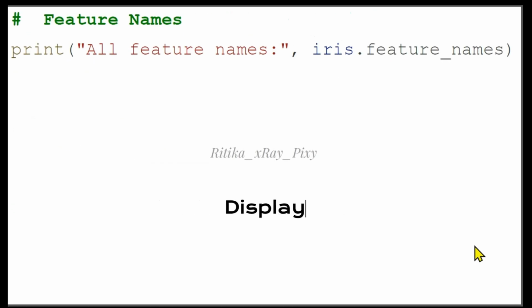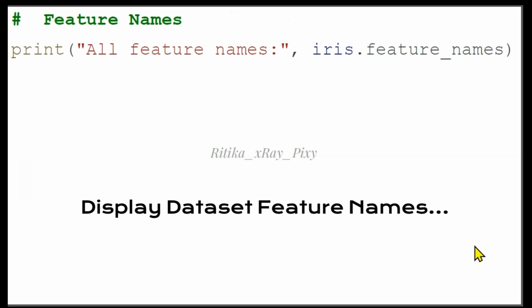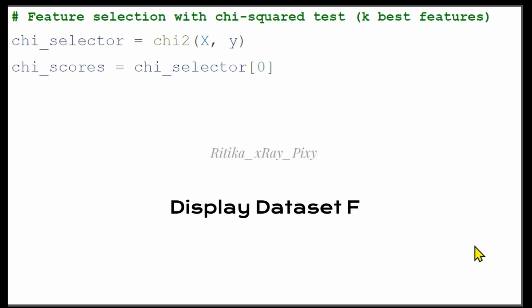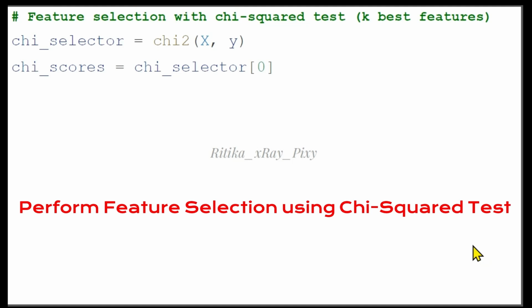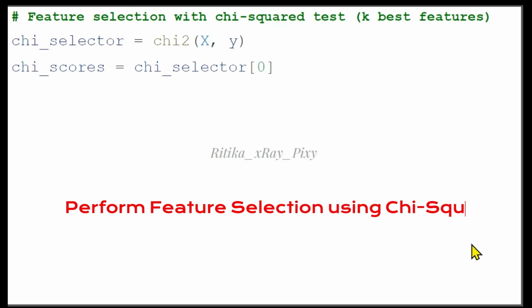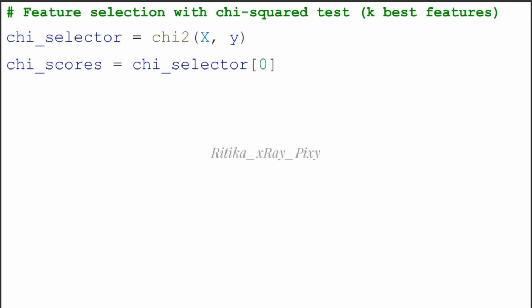Now we will display the dataset and the feature names. So simply we are using here the print command to display the feature names from this dataset. Now we will perform feature selection using chi-square test. So here we are doing the feature selection with this method. This part aims to reduce the number of features used for the classification.